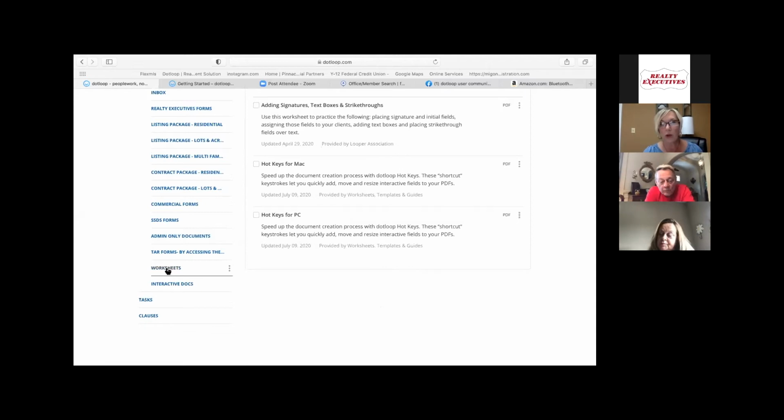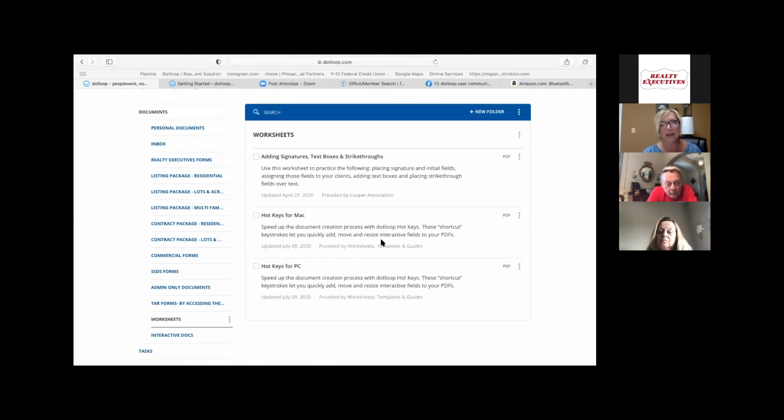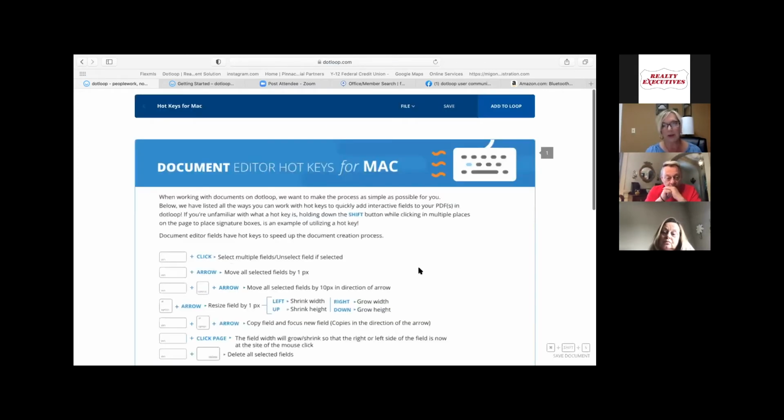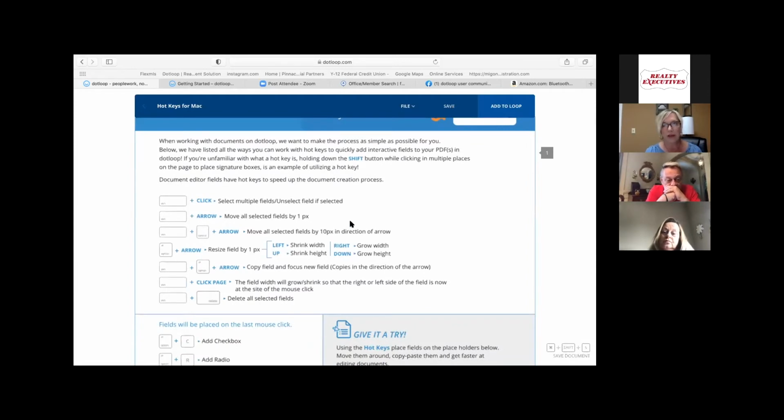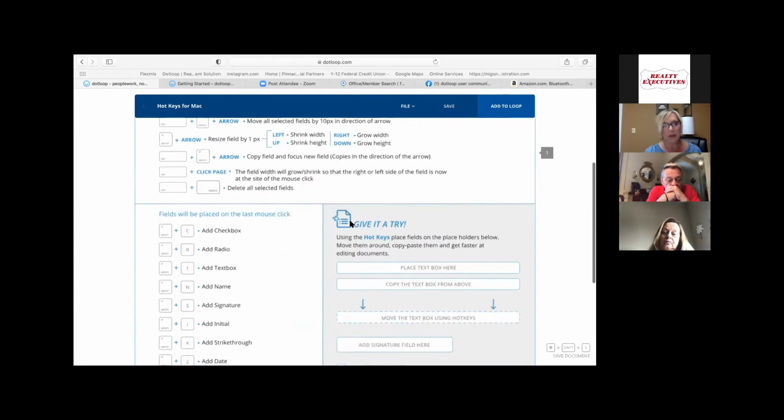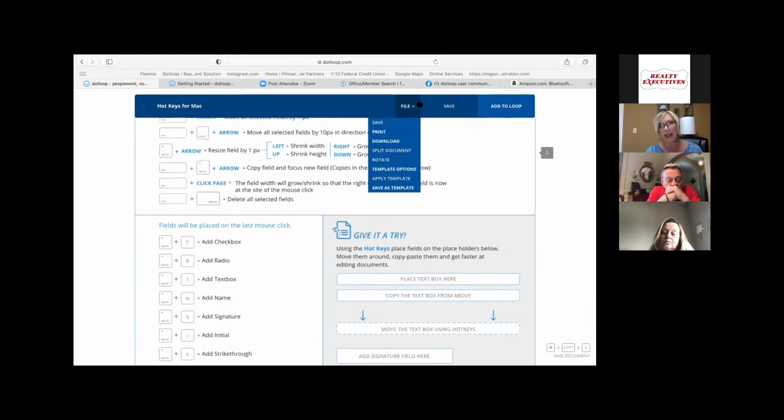I will tell you the worksheets are kind of simple, but if you need some practice, there's a worksheet on how to add signatures and text boxes and strike throughs. And there's a hotkey section. If you're not using hotkeys, I would encourage you, even if you've not been doing a whole lot of Dotloop lately, the hotkeys are going to save you a ton of time, just like hotkeys on any computer will. If you want to select multiple fields or add check boxes, it's going to give you the hotkeys to do that. So you don't have to always go up and hit,